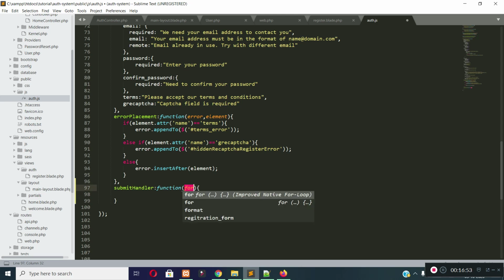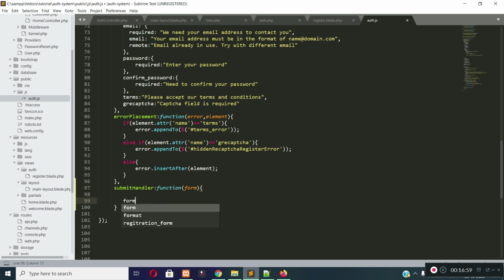We can get the form instance as a parameter. We need to submit the form from here, form.submit. If you want to perform any action before submitting the form, you can perform it in the submit handler.